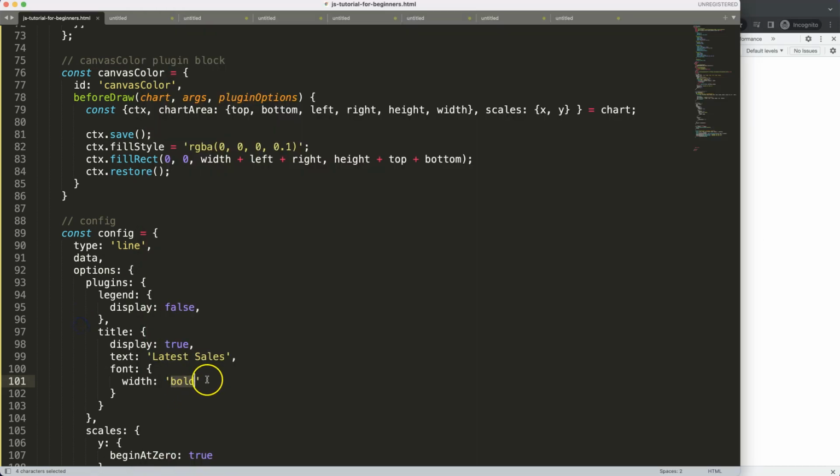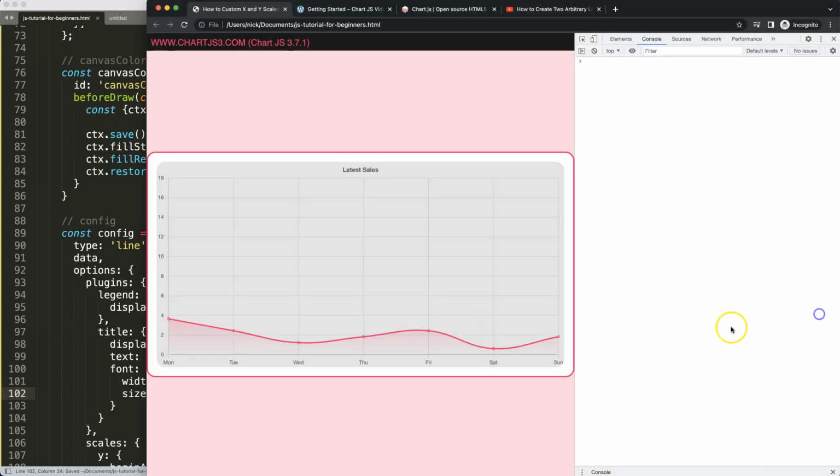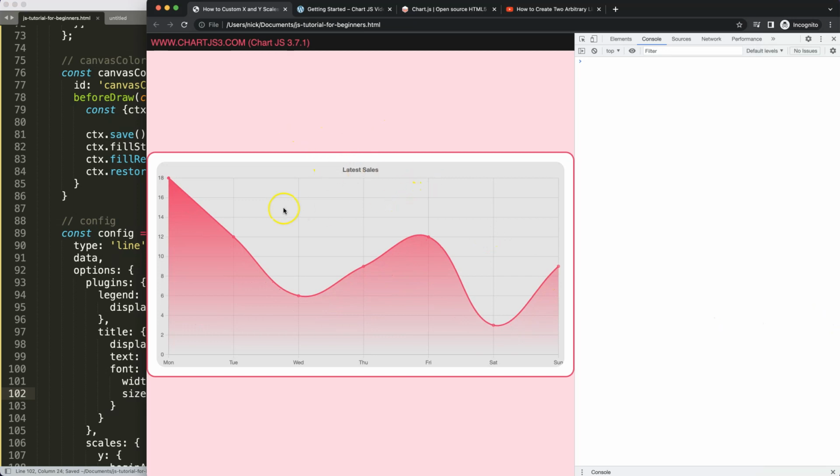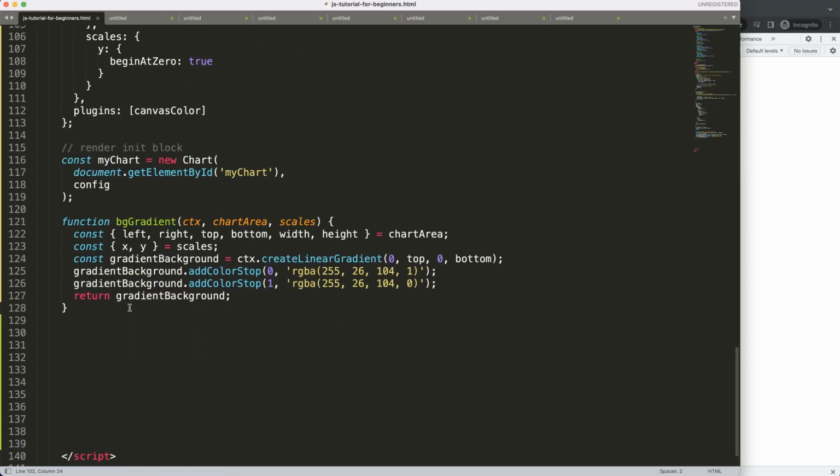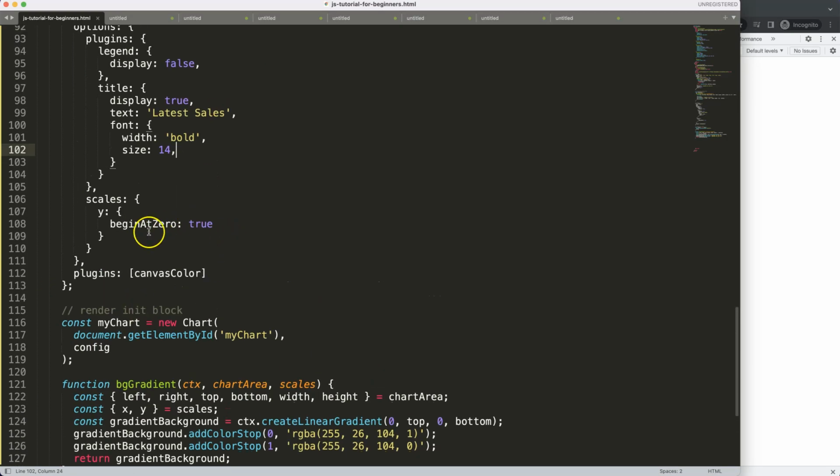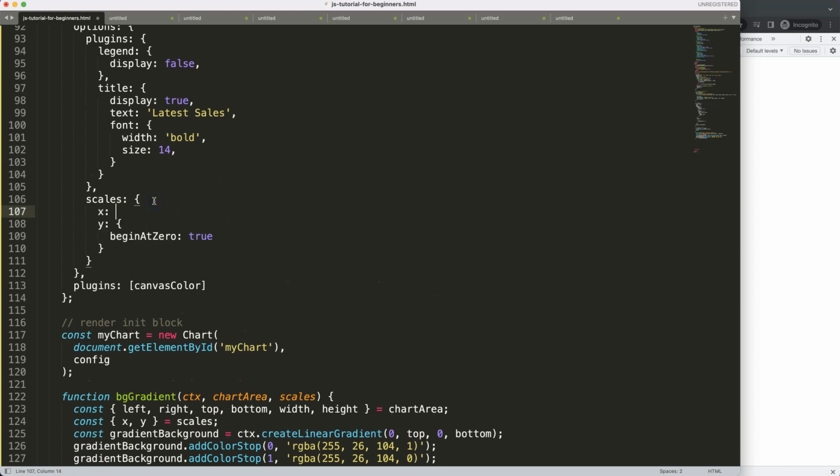Beautiful. And if you want to have the size, 14 pixels. 14. Save. There we are. Alright, so now we have this. But what we really want to do was the scales here. And for this, we have to do a few modifications. So what we're going to do here is, first of all, I'm going to put an X scale, and then